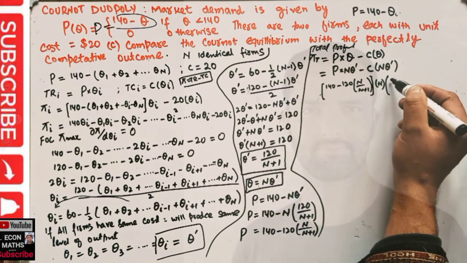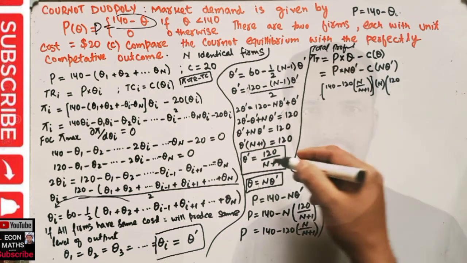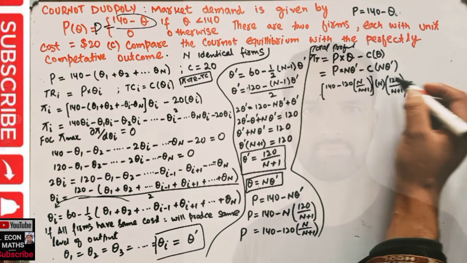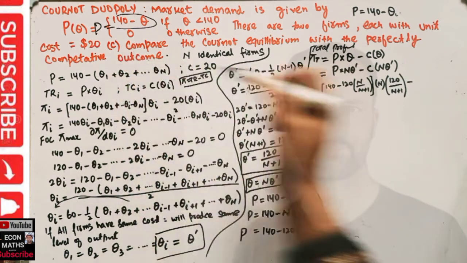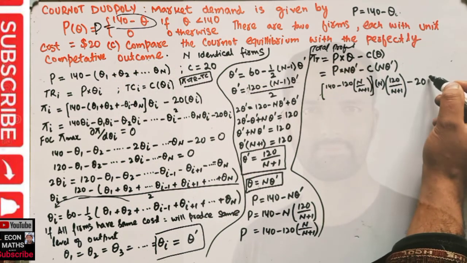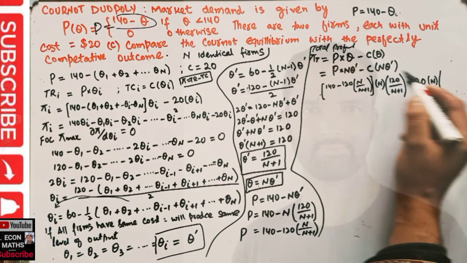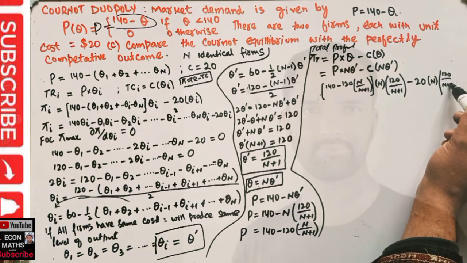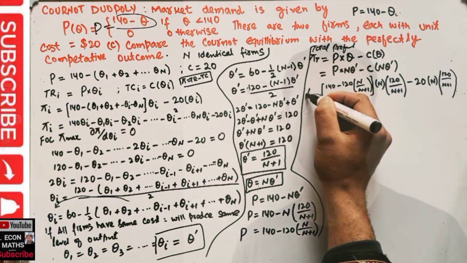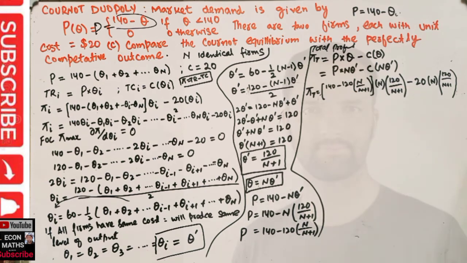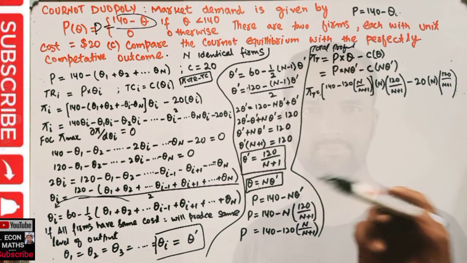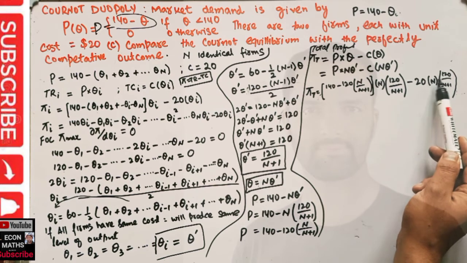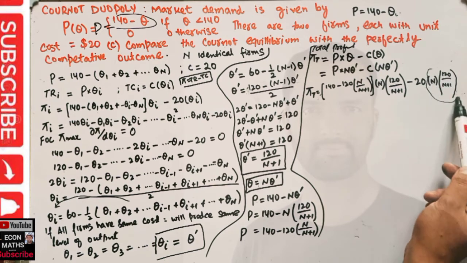In place of q dash, we have 120 upon n plus 1. Then we have minus, marginal cost was 20, so I will write here 20. Then we have n, then we have q dash. So in place of q dash, we have this 120 upon n plus 1. Okay, so this will be our total profit. Now let's solve it out. If we take this function, that is n into this term, actually, if I take this term